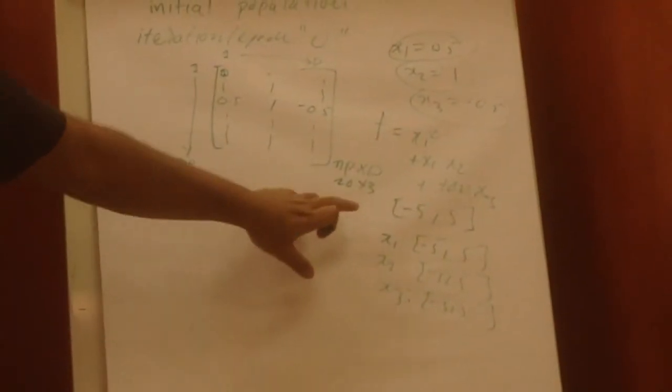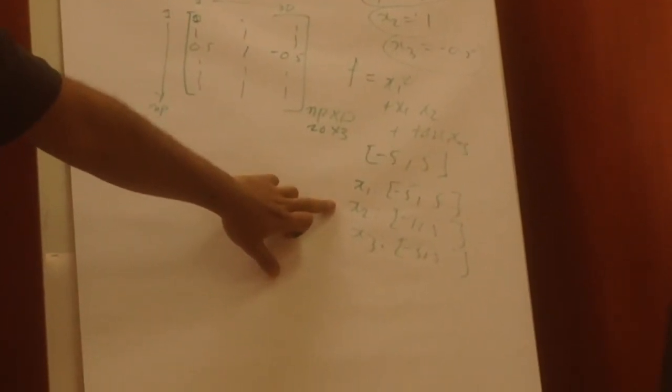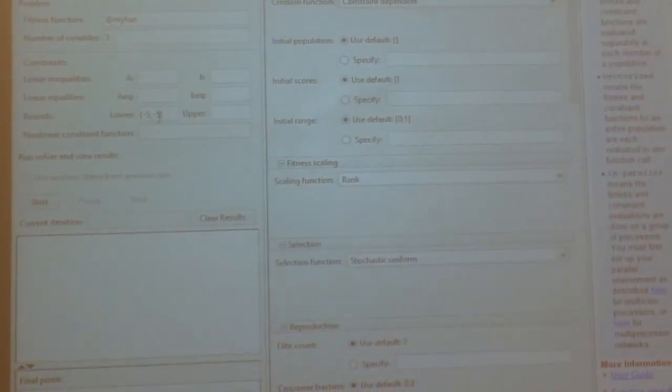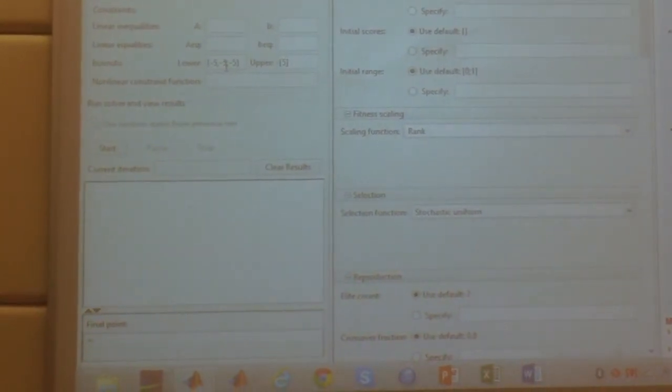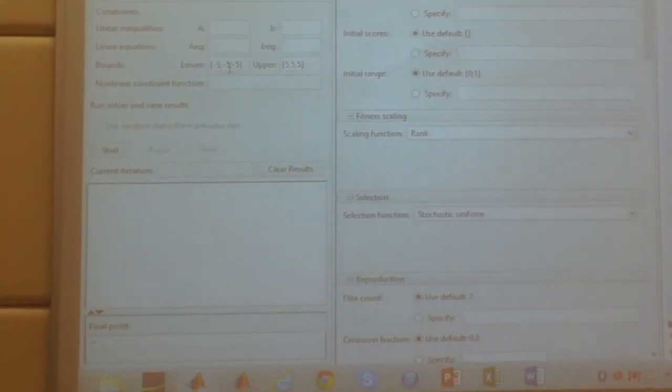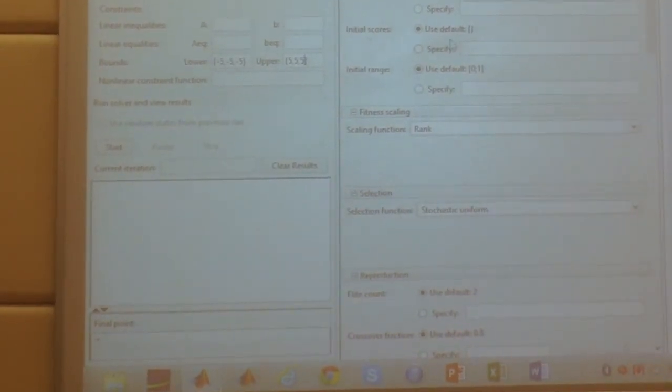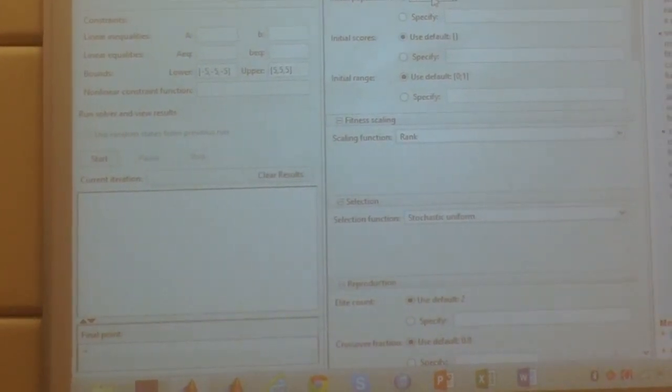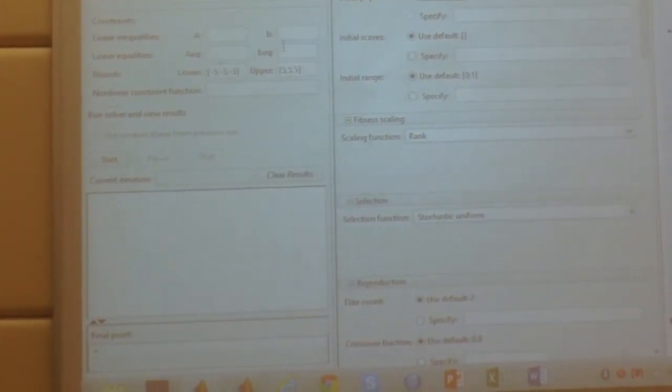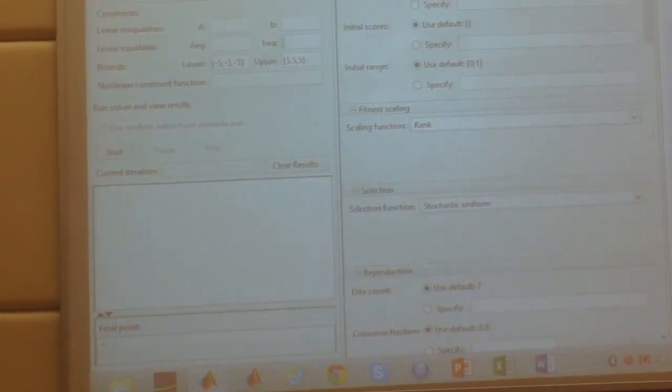In some cases this may be different. So here you can mention like -5. That is it. Once you have mentioned your bounds, if you use default in initial population, it will be generated randomly between these bounds. But I can make the bounds of x1 different, that depends on your problem.